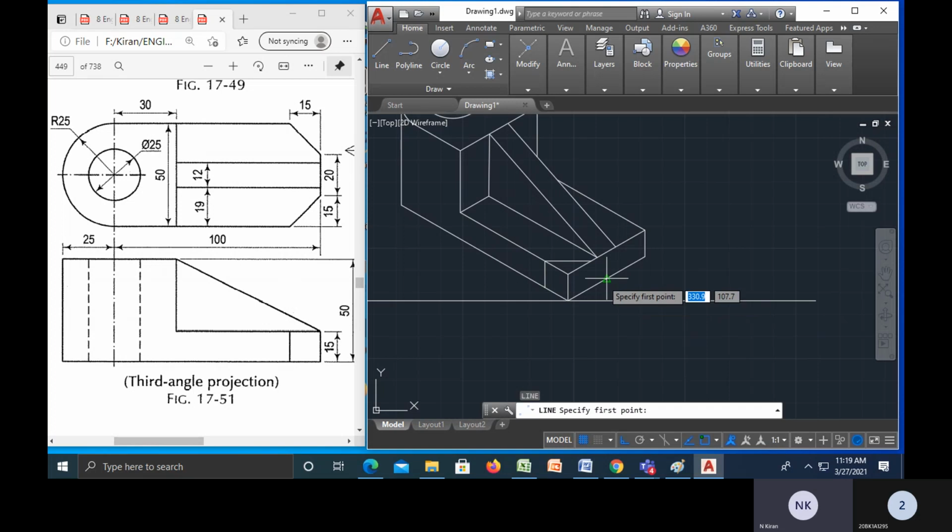Escape. Enter. Escape, and here double enter. You can use chamfer command also instead of this one. Otherwise, if you are not perfect, you can do it like this. Okay, here double enter.